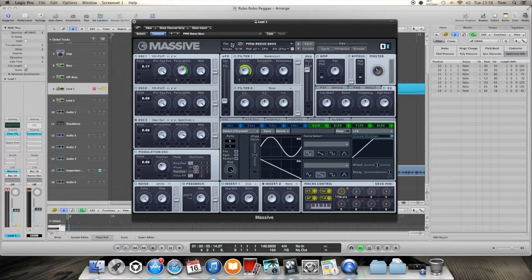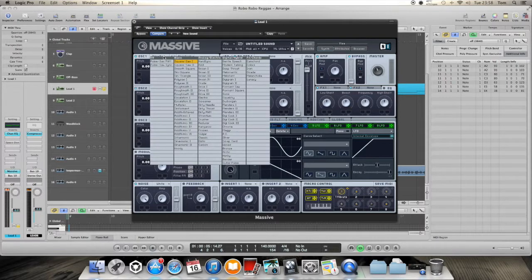So right, first thing you want to do is go to File, New Sound. This will start you up with the basic patch. Quite a boring patch. Next thing you want to do is turn on both oscillators 1 and 2 and change